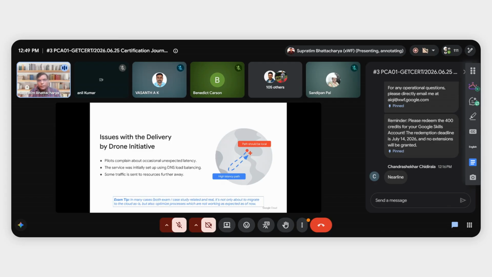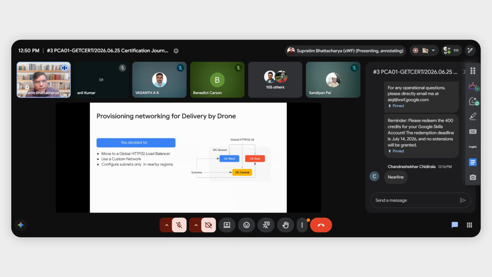You should first find out, or you should take some decisions like how should we optimize this using GCP resources, right? So for example, by using global load balancer, by using custom VPC, where you are able to create subnets in some selected region, maybe not everywhere, right? As Google is allowing you to create subnets in every region, we will not be doing that. We will take some decision. We will enforce technically